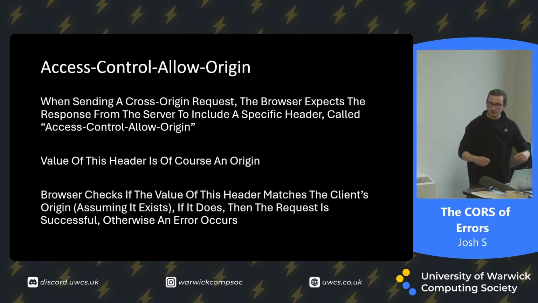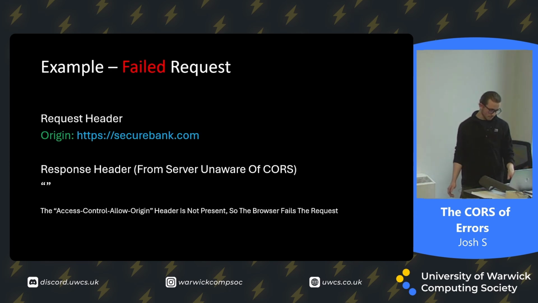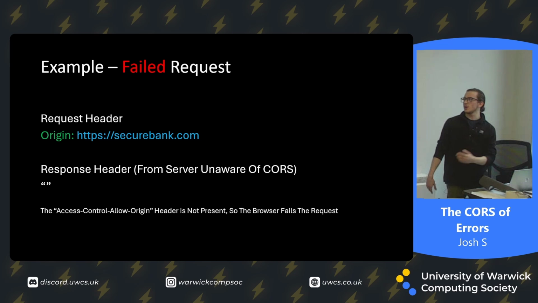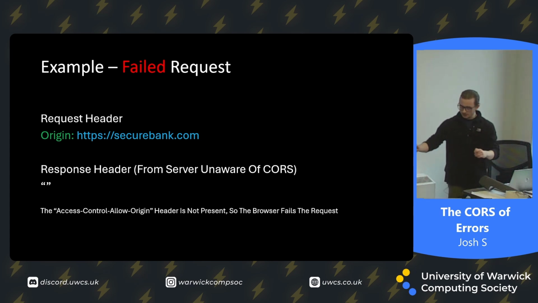And if they match, perfect. Everything is fine. If they don't, an error happens. Now, what would a failed request look like? So, we're on securebank.com, and we're sending a request to "CSS is amazing", let's say. The browser is going to add the origin header, http securebank.com, but then the server is going to receive